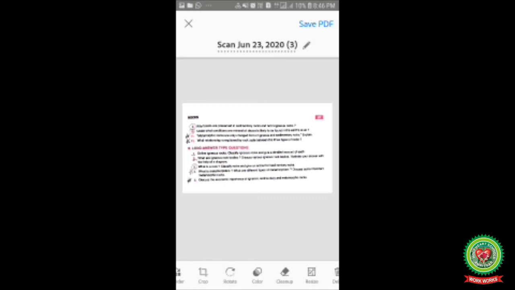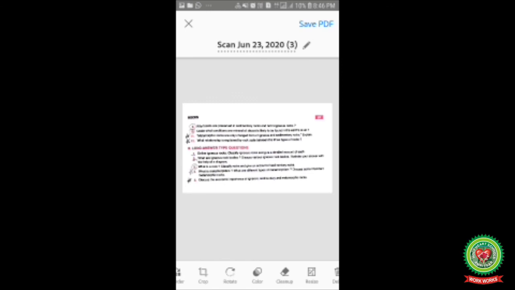Exercise 2nd, question number 4, write a short note on Gulf Stream. Question number 5, why do currents in the North Indian Ocean change their direction in summer and winter? Exercise 3rd, long answer type questions. Question number 1, what are ocean currents? How are they formed? Discuss their effects. Question number 2, how are ocean currents caused? What 4 sets of factors determine the nature and origin of ocean currents? Give concrete examples to illustrate your answer.